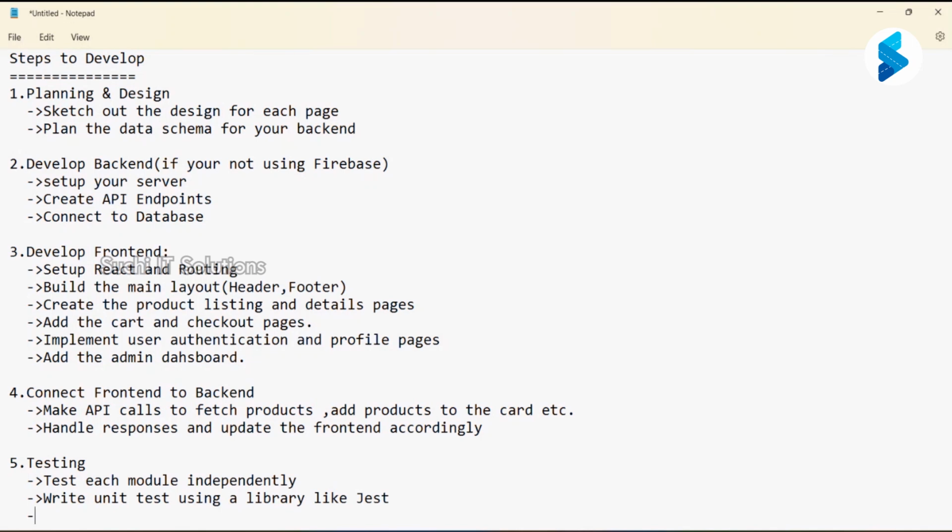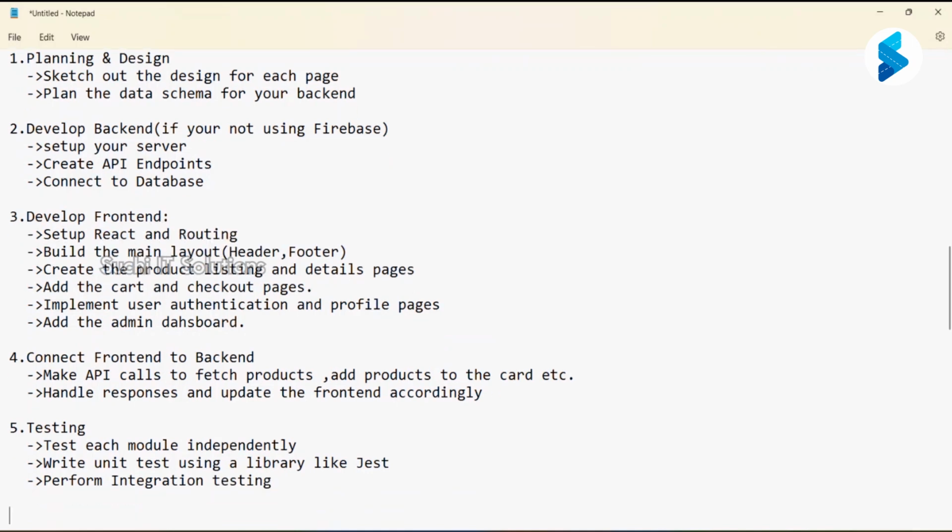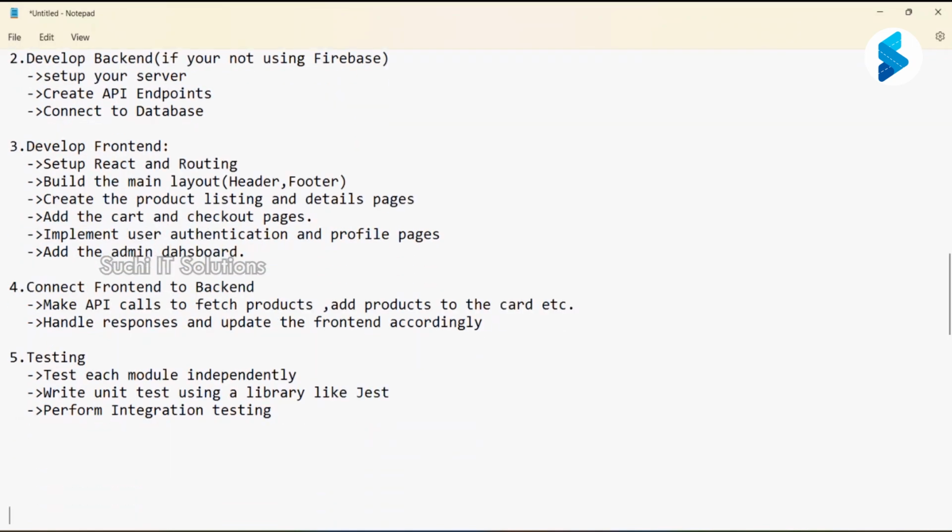After that, you need to perform integration testing. Whether everything is working fine or not, you need to check, that is integration testing. After that, deployment. These are all development steps. Okay. So here we need to provide what? Deployment process. Prepare your project